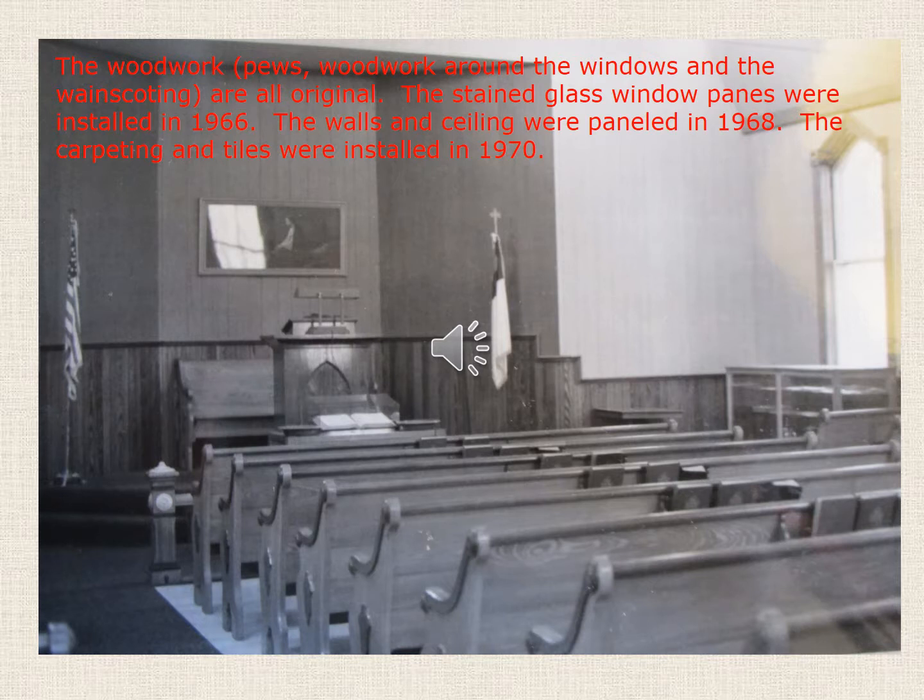You'll notice that the interior of the church has some old features and some newer features. The woodwork, pews, and the woodwork around the windows and the wainscoting are all original. Stained glass window panes were installed in 1966. But the walls and the ceilings were paneled in 1968. Carpeting and tiles were installed in 1970. The church is as it was when it was donated, but a bit different from what it was in its